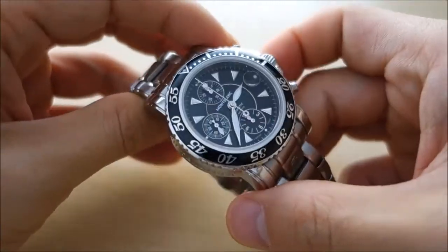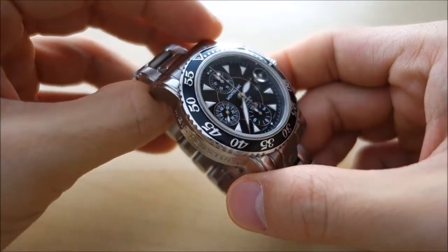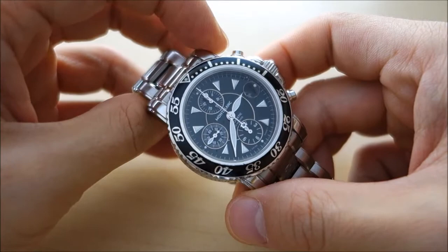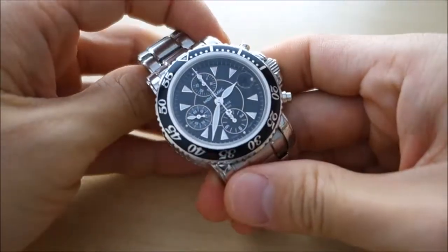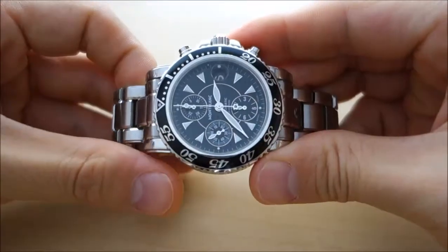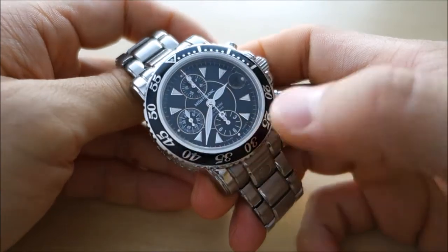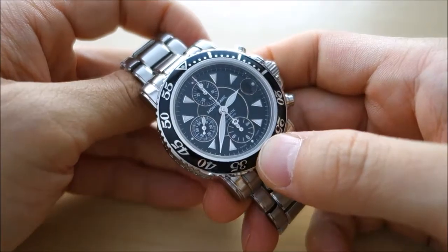Now, MontBlanc was founded in 1906, so over 100 years ago in Germany. In the 70s, the company was acquired by Dunhill, and today forms part of the Richemont group, a group which is really quite impressive in the range of companies it features, including Lange, Cartier, Jaeger-LeCoultre and Piaget, amongst other brands. So certainly a lot of watchmaking expertise that MontBlanc could count on when they ventured into watchmaking